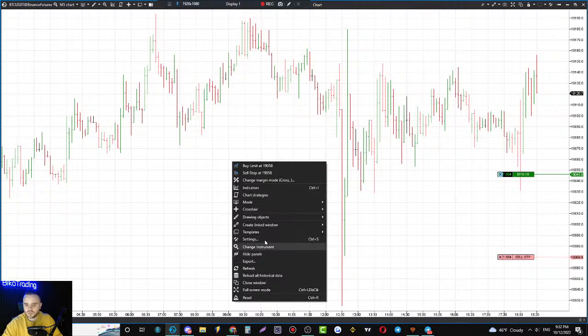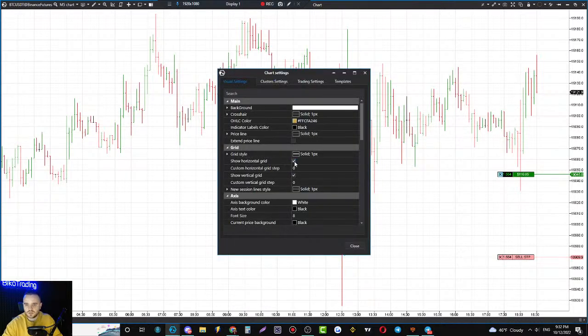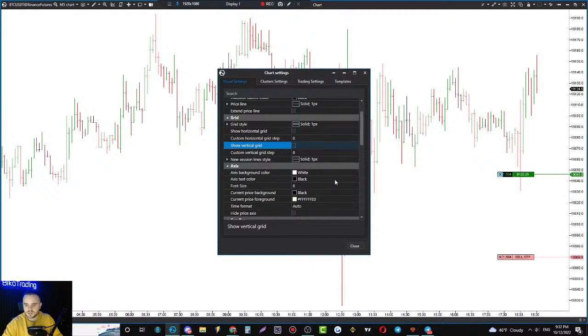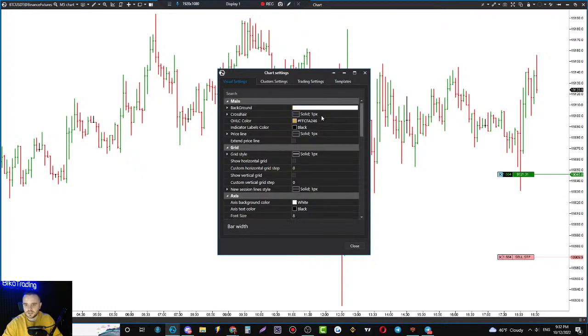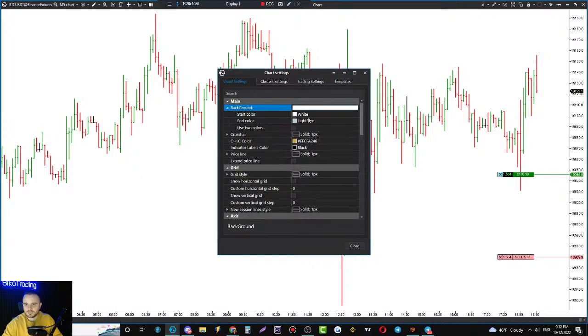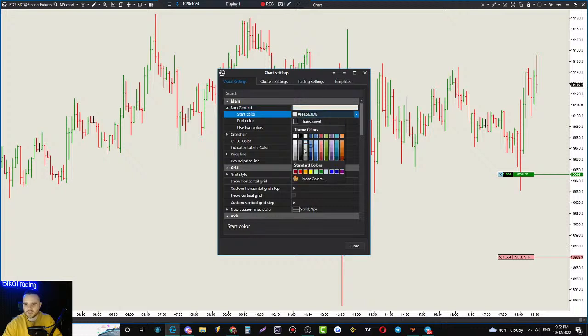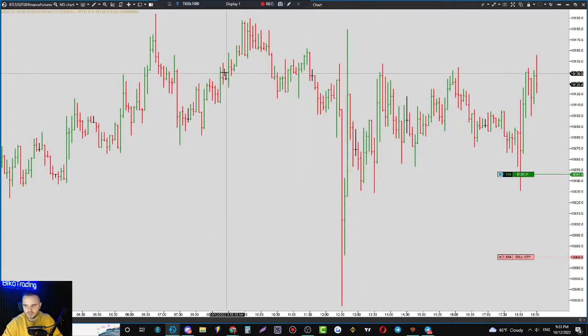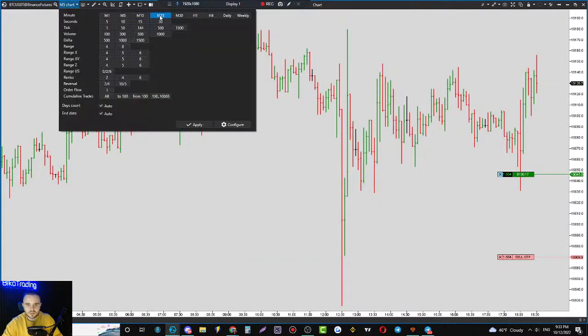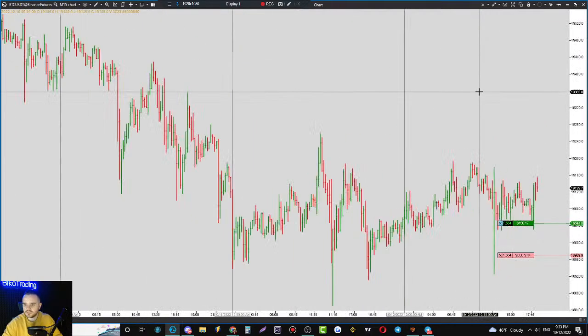After that, you go into settings and you take out this horizontal bar. Also, you make your bar a little bit bigger. After that, you change the background from white to a little bit gray, because when I work long hours, it's difficult to always have white stuff, it hurts my eyes. And voila, you have a chart.